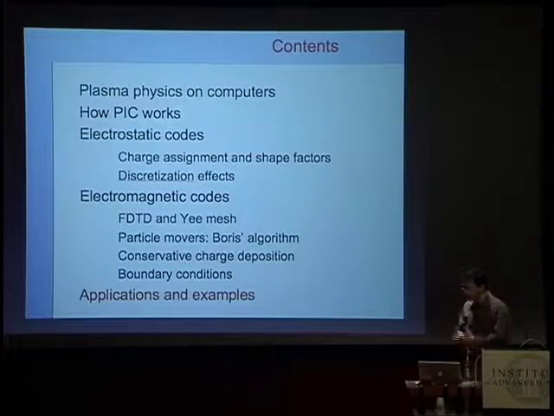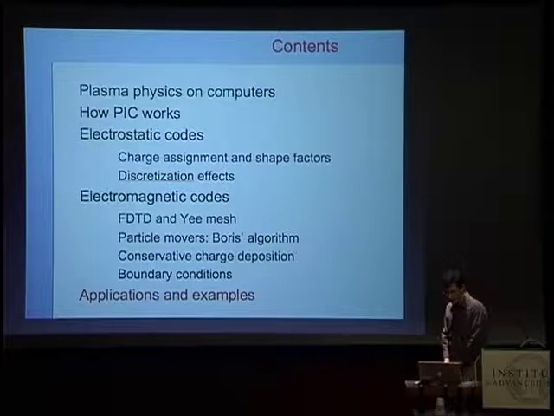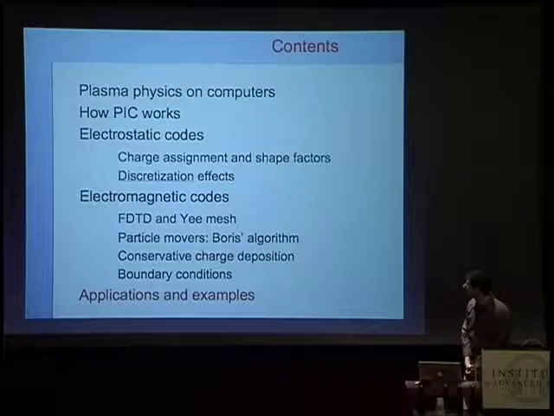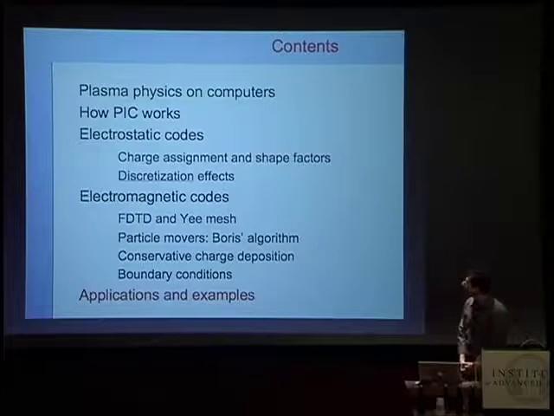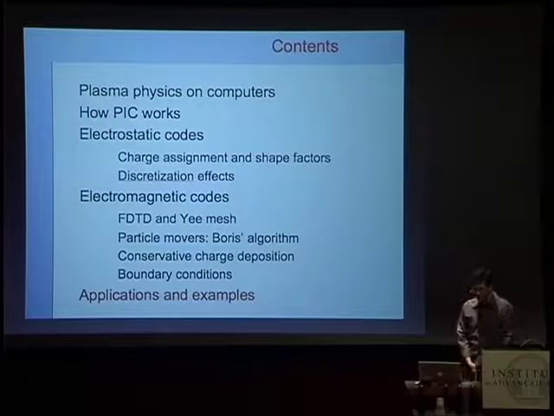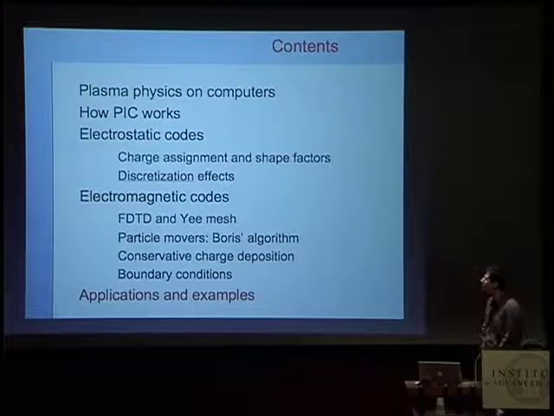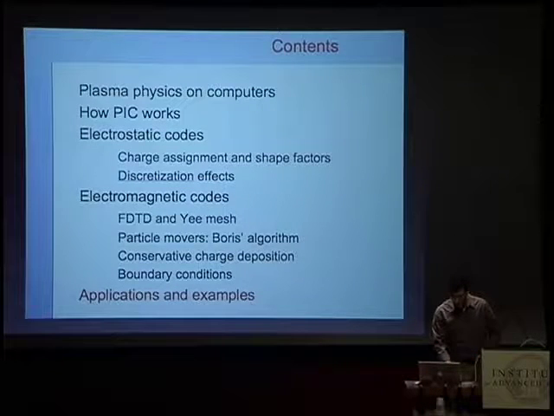For instance, if the domain you're considering is sufficiently large and the time scale is sufficiently slow that the speed of light can be thought of as a very fast quantity, then you can apply electrostatic codes and solve Poisson equation on charge distributions and move particles according to the electric fields